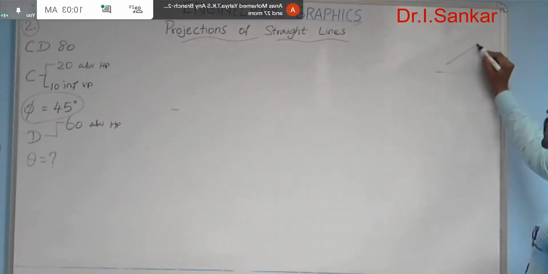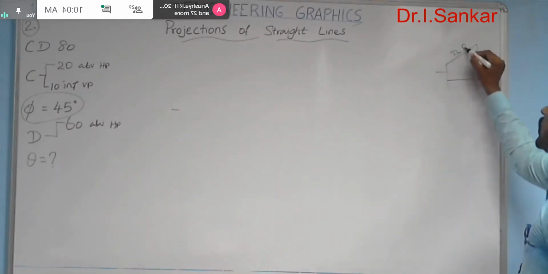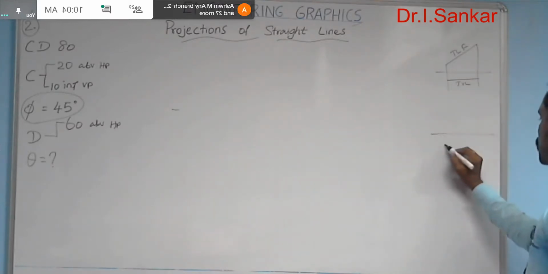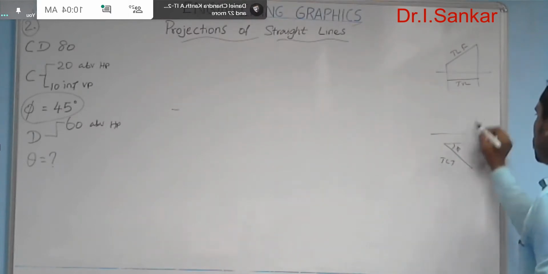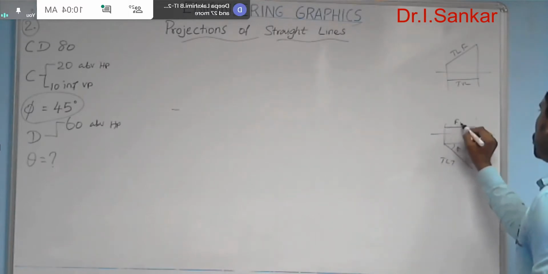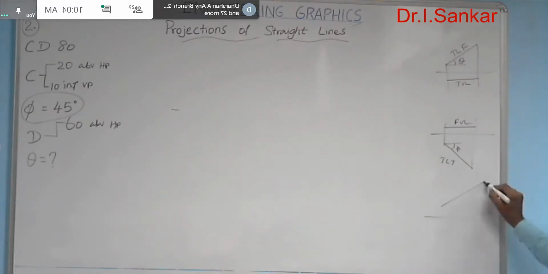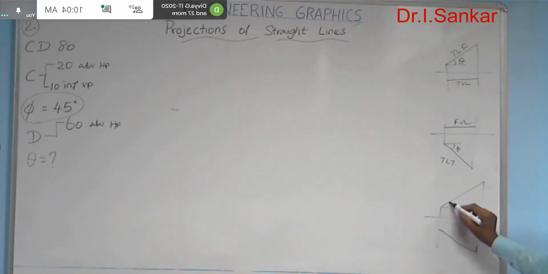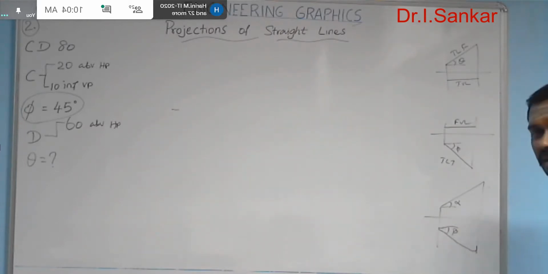So the front view true length line, its pair is the top view length line. Its true length in front view, its pair is top view length. And again, one more pair is true length in top view with the phi inclination, its pair is front view length line. Here the angle is theta. And finally, the final pair, front view and top view: a front view with the XY having angle of inclination alpha, and a top view's inclination with the XY is beta, which we discussed already in the previous class.